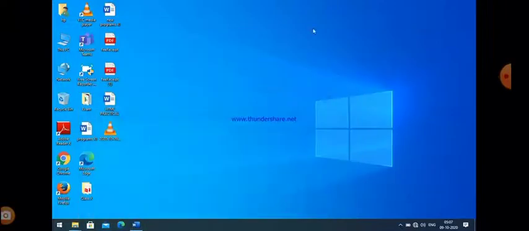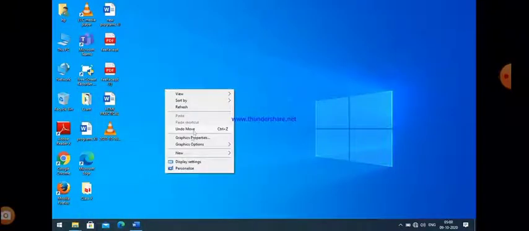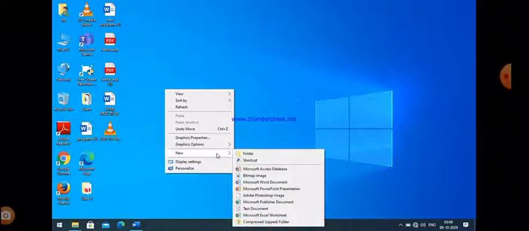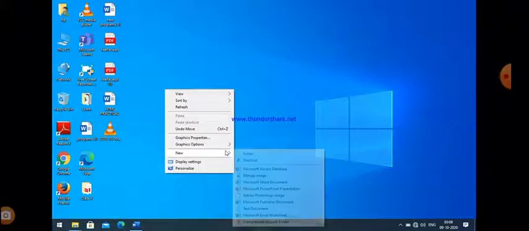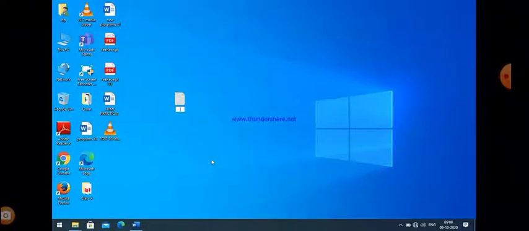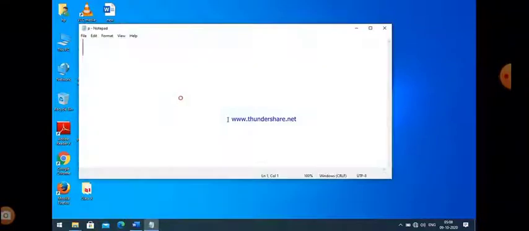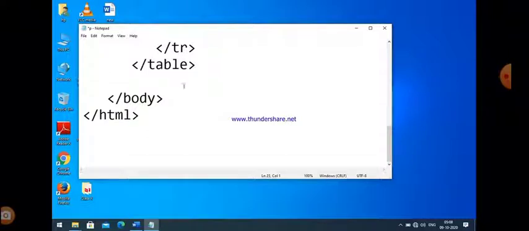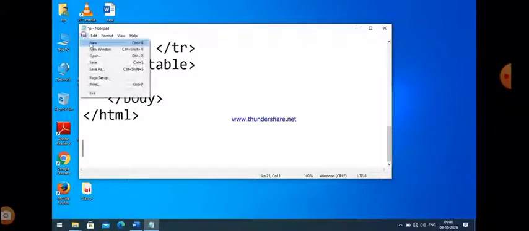You can write this code in your notepad file. So just go to new, new document, text document, and I just give a simple name like p, and paste that code here, and after that perform the save as operation.